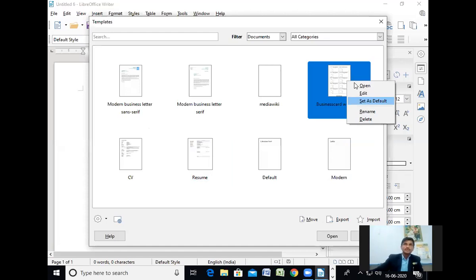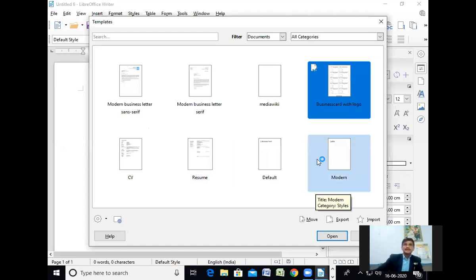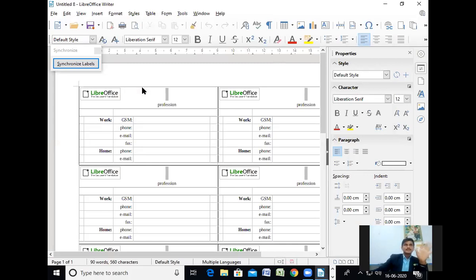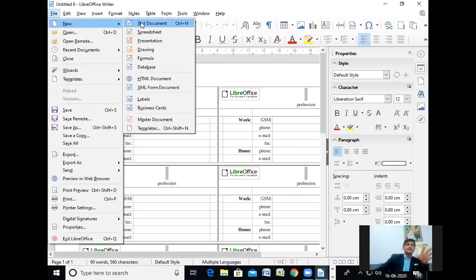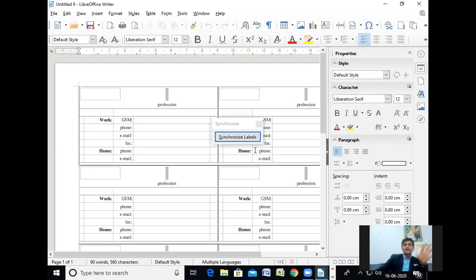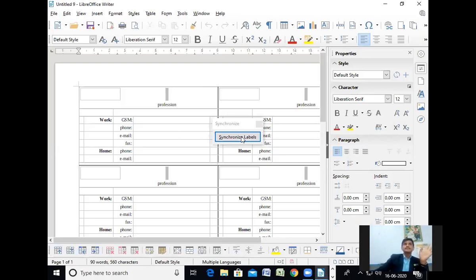I will show you. Suppose set, and you will get the Open option. See, like this. This is the default. If you close it or Text, see, you will get the default. I have opened another window of LibreOffice, but we will get the same.